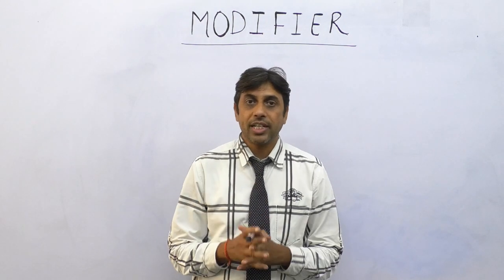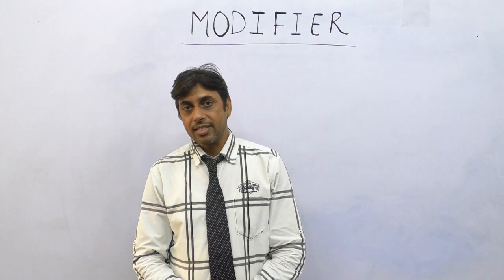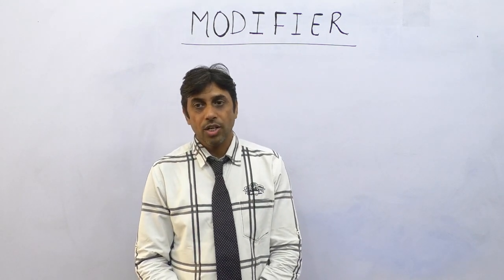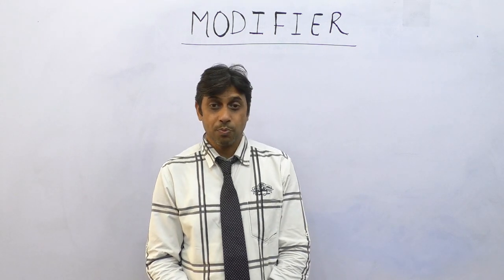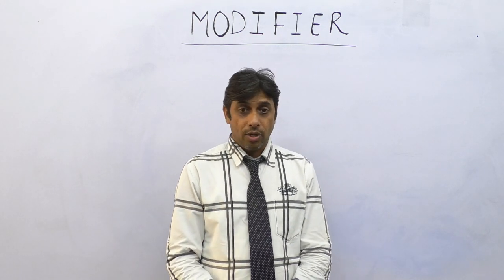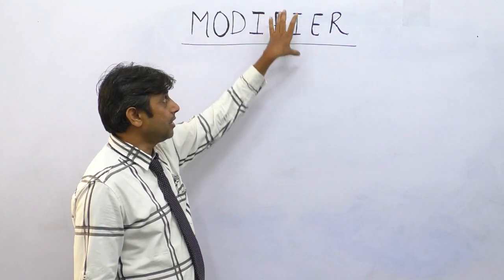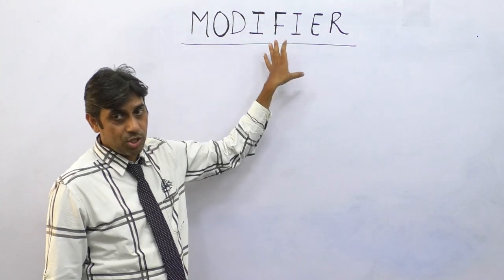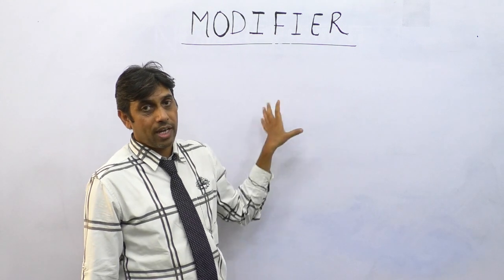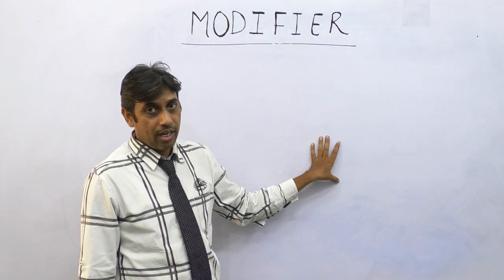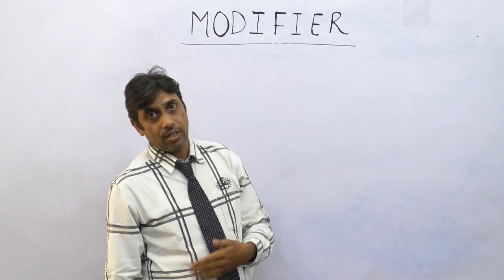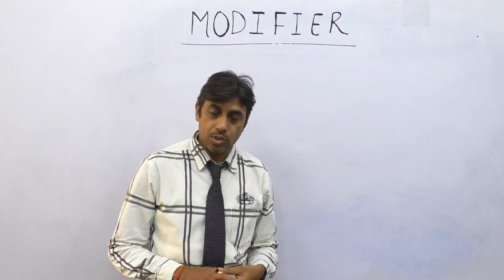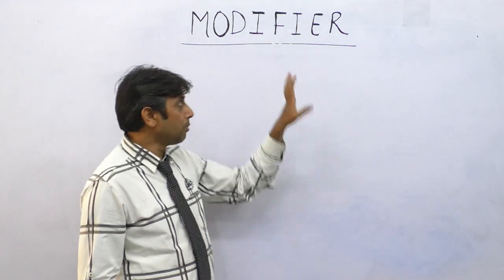If I talk about the objectives of these grammar classes, it is not only to clear the written examination, it is to write correct English as well, to speak correct English. Okay, so modifiers. Let's start with the definition of modifiers, then I'll share some examples, the cases where we have modifying errors, dangling modifiers or misplaced modifiers, and after that some exercises to practice.